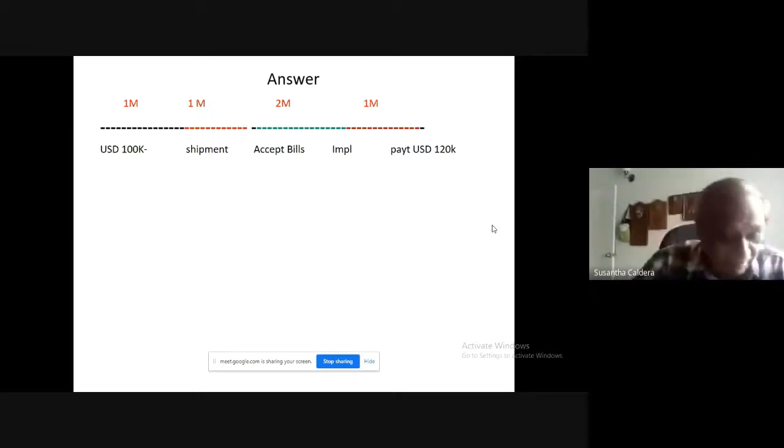We will create acceptance liability because this bill of exchange has to be accepted. To be paid after